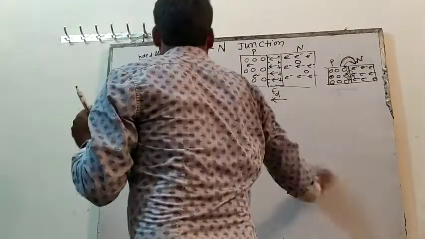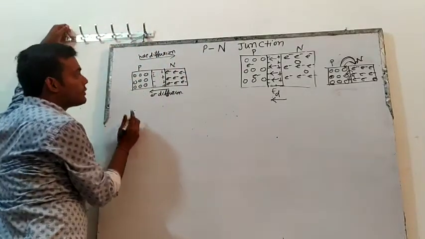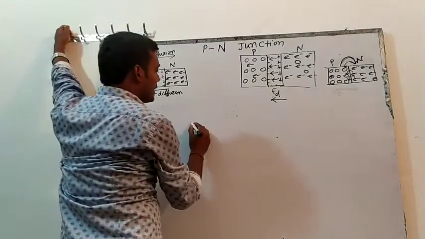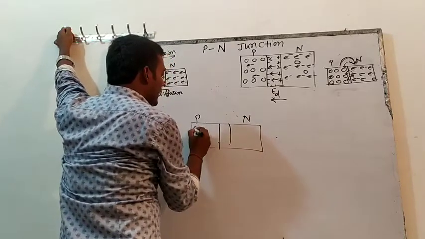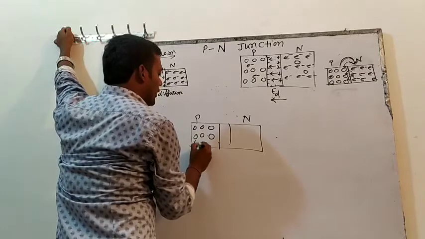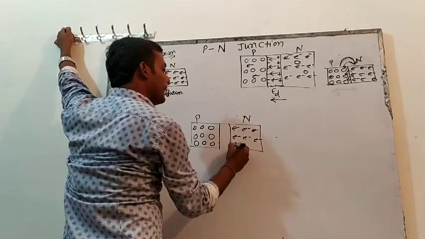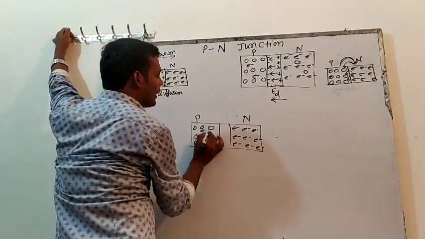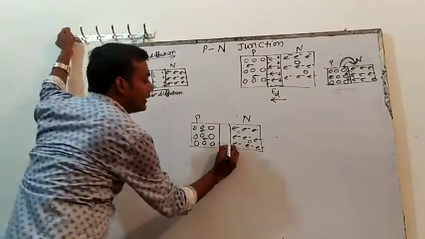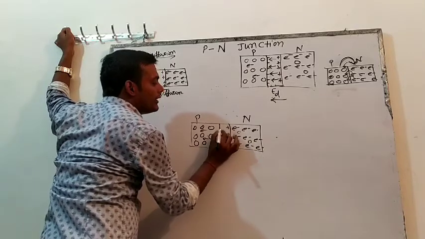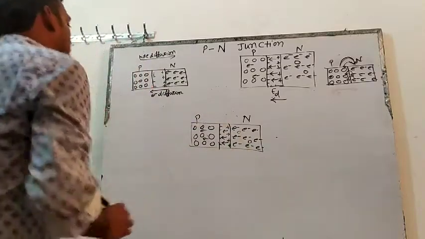Okay. Now we have seen that actually two currents are generated. One is diffusion current and one is drift current. Now try to understand the diagram of drift current. This is P, this is N, this is the PN junction. In P type, holes will be majority and in N type, electrons will be majority, right? Electrons will be majority, but that does not mean that electrons will not be there. Electrons will be there, but they will be minority. Holes will be there, but they will be minority. This is negative, so here will be positive. This is positive, so here will be negative. Electric field direction will be positive to negative, right?